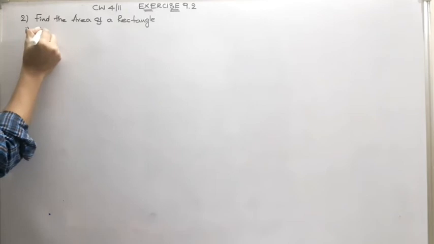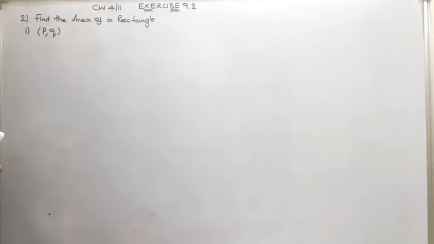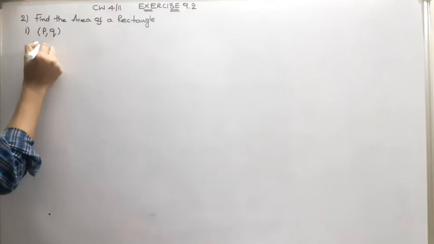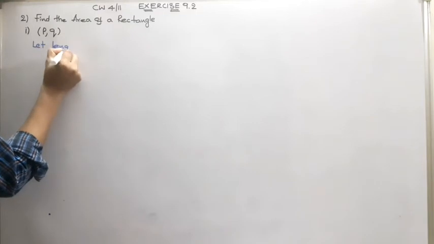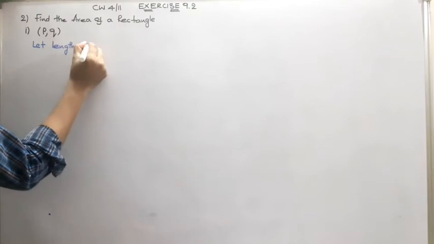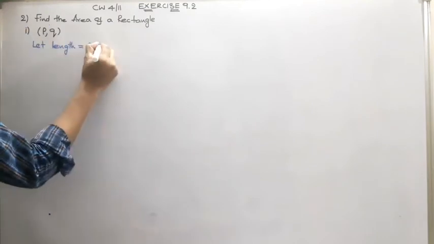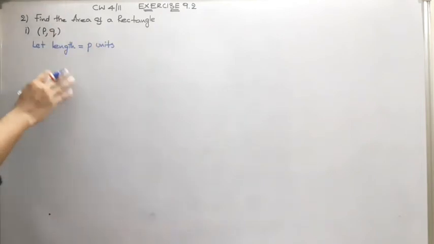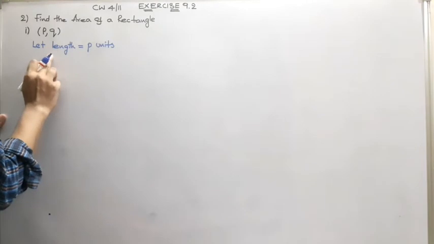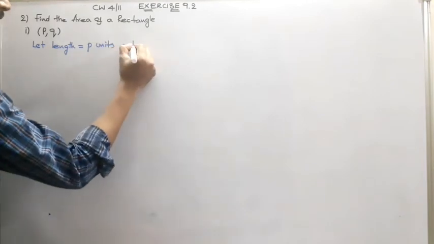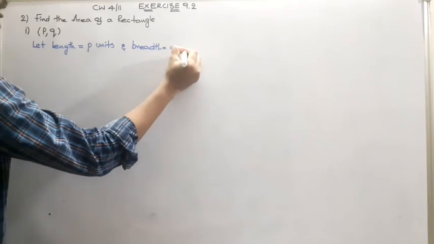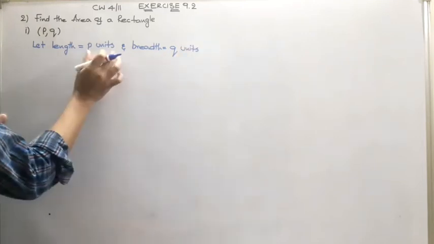So first one they gave p, q like this. Okay, p and q. So through this what we have to consider is, for the p, q, let length is equal to, as we don't have a length, let length is equal to p, and there are no units, so we have to take directly p units. That means they didn't specify whether they are going to be centimeters or meters. Let length is equal to p units and breadth is equal to q units. So we are directly taking them as unit.